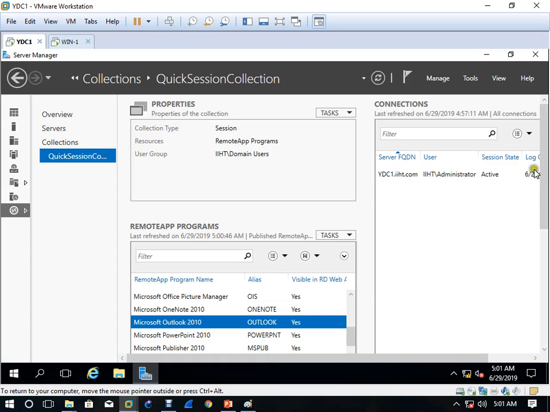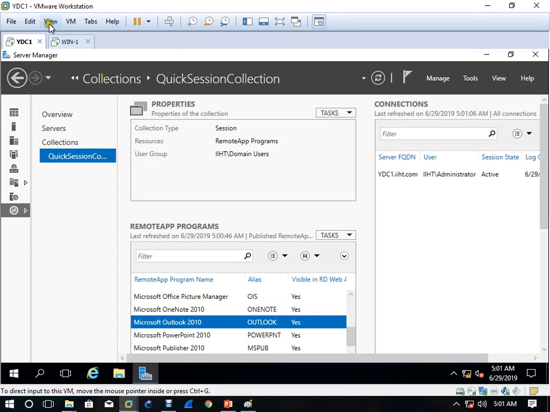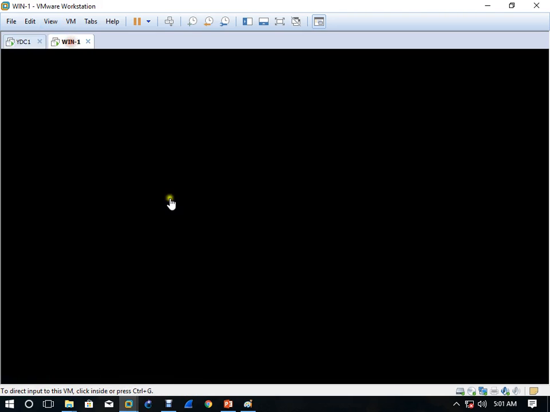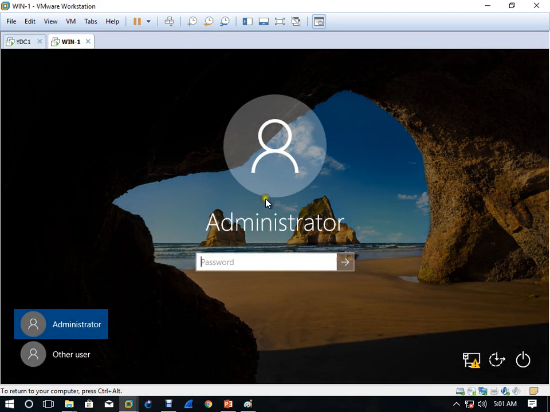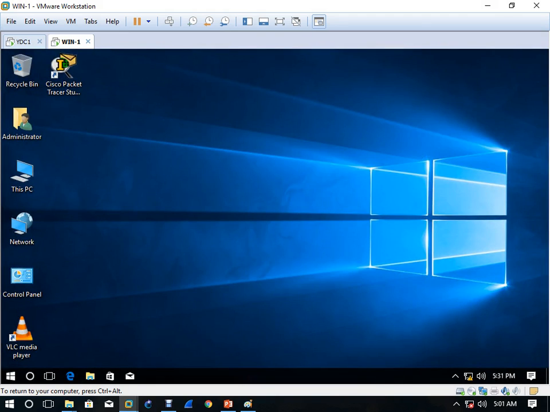Now we have added it. What we have to do is refresh it, right? After refreshing, there's no need to worry about anything. Just come here and log in with any user, whether it is administrator or IT, it doesn't matter. Because I told you the machine doesn't need to be a client, since it's web access. So for web access, you open the browser; this Internet Explorer is not allowed.